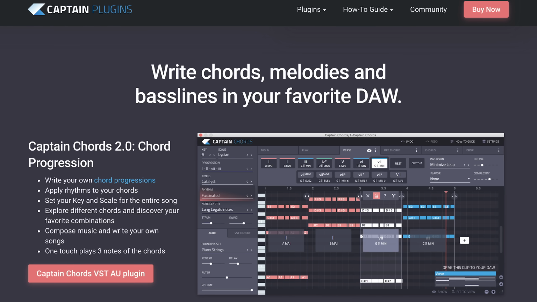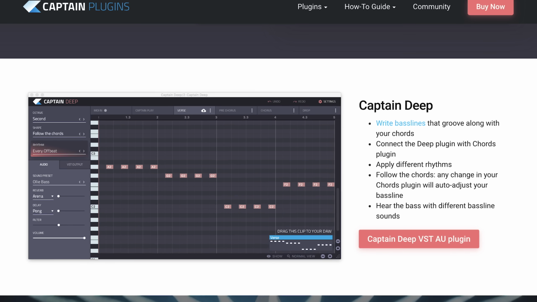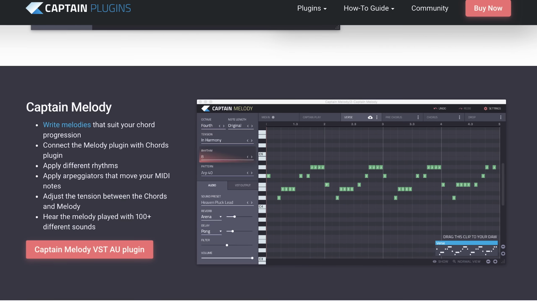So Captain plugin 2 features 3 plugins. Captain Chords allows you to create and tweak chords easily. Captain Deep will create your bass line, and Captain Melody will help you create cool melodies. So all 3 plugins connect together and are a tool to help you compose your track from the beginning